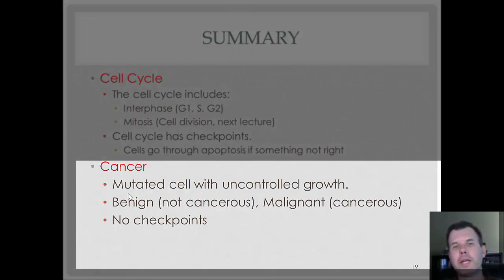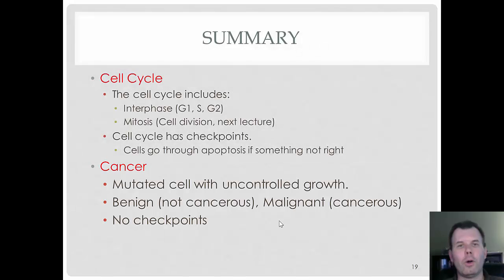And again, basically what cancer is, is a mutated cell with uncontrolled growth. It means it's going to continue to grow and grow and grow. It's benign when it's non-cancerous, non-spreading, and it's malignant when it doesn't look right. And so again, there's no checkpoints, there's no apoptosis. These cells continue to grow, and there's no way to get rid of them unless you do some kind of treatment. So again, if you have any signs or symptoms of cancer, you want to eliminate it before it gets too late. Okay, and that's the rule of thumb. Always listen to your body.